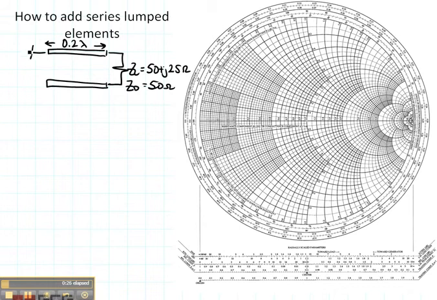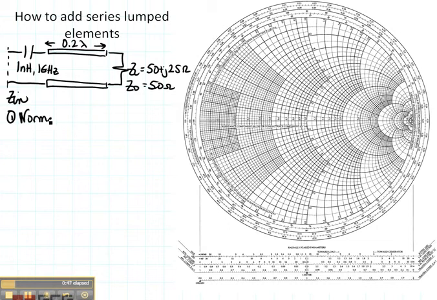And then I want to add a series capacitor in here. And let's say that capacitor is 1 nanohenry and my frequency is 1 gigahertz. And I want to know how to get the input impedance right here at the front. Suppose I want Zin. So the first thing that I always do, I'm going to start with my load and